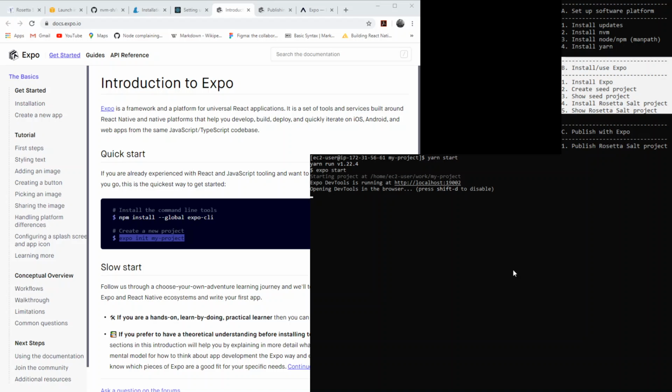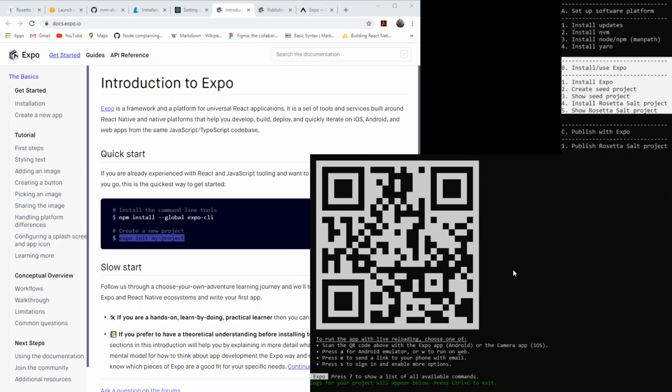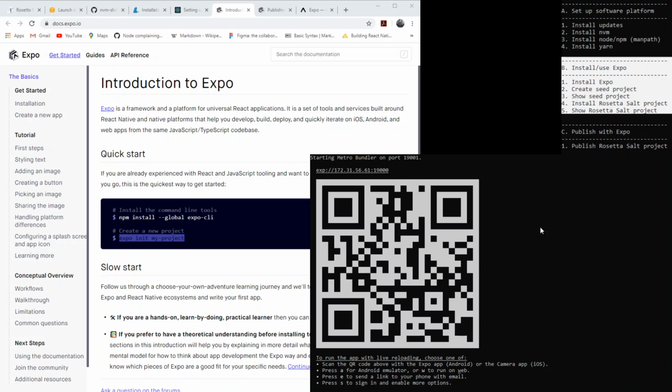Okay, so I'm going to do that, and while it's starting up, I want to explain what's going on here. The Expo Yarn is running the Expo command line environment, which is starting up a server on this IP address and port. And this QR code that you see in front of you allows you to use the Expo application